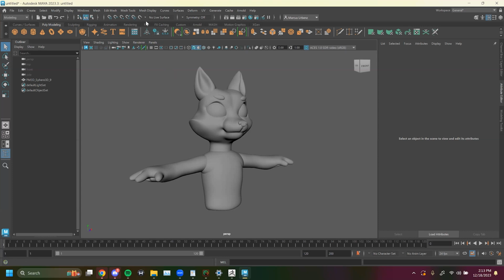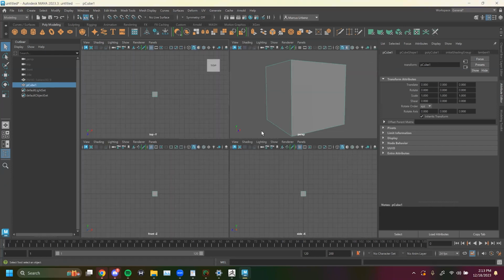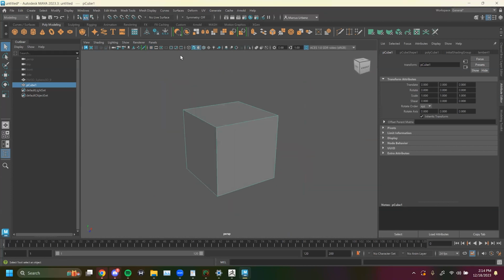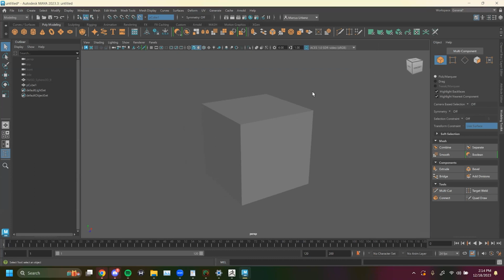If you've been wiggling around the workspace, the UI here, you'll notice this thing that says no live surface. And we didn't really talk about it in class because we didn't really do any sculpting. But what it does is I'll hide this for now and just show you what it can do to a square. So we see we got a square. When I make it a live surface, we can't select it. This is because what a live surface is similar to snapping it to a curve or snapping it to a certain point or snapping it to the grid or whatever. Your points and manipulation of anything that you're doing is going to be snapped to the faces of this cube,